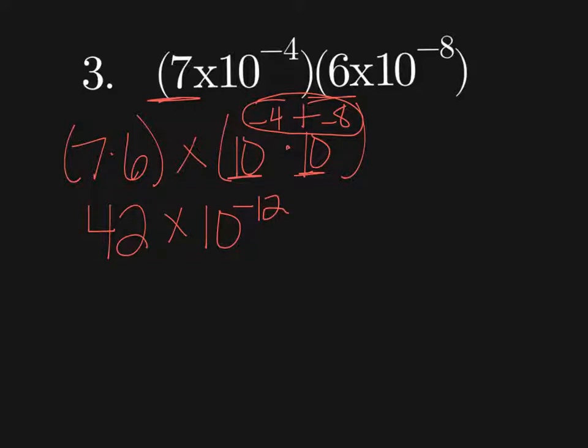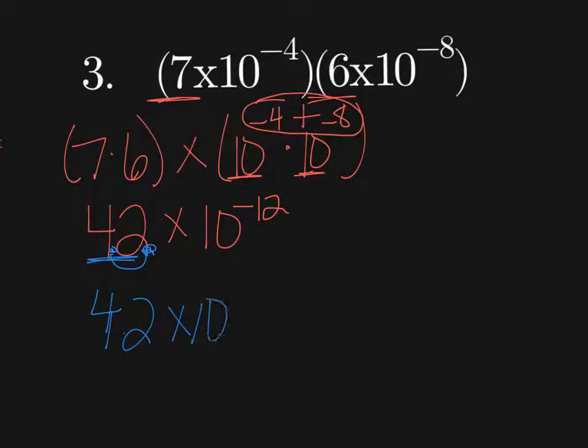Okay, now make sure, it will be one on the test like this, that it's in scientific notation. This is 42, so this is not in scientific notation. Okay, all right, so we need to take this decimal that's right here, and we need to move it between the two numbers. So I have 4.2